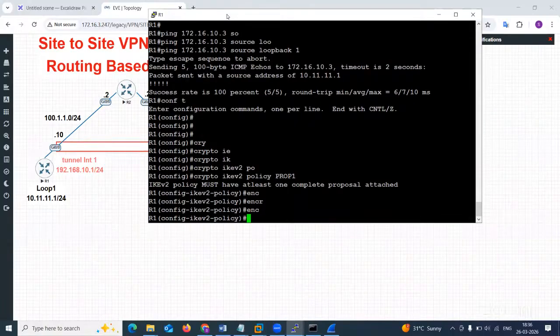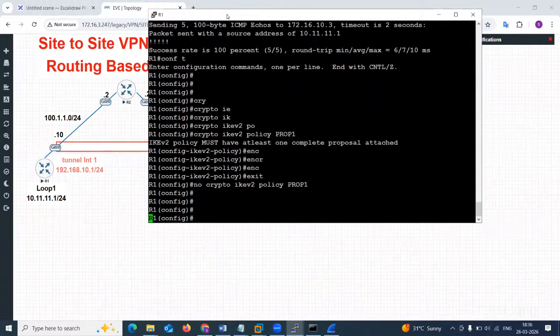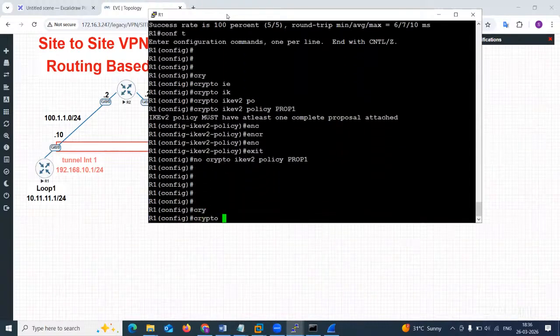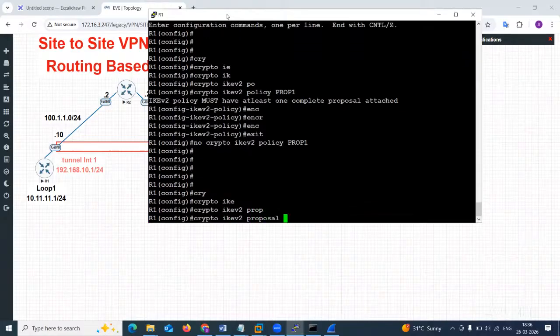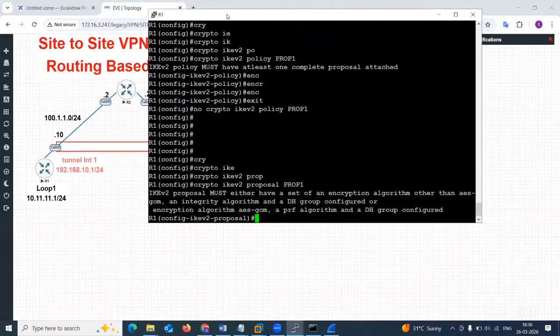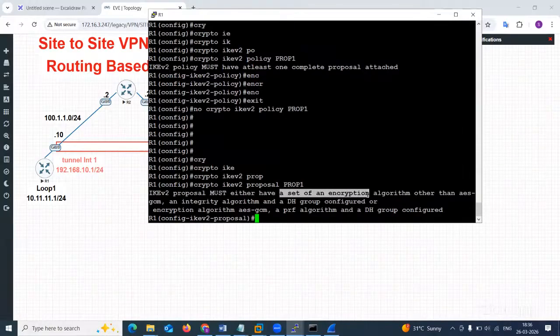Sorry, my bad. Here I need to create a proposal, then I'll go with policy. So first of all, I'll say crypto IKEv2 proposal. I'm creating a proposal and I'll give it the name prop1. Now it says an IKEv2 proposal must either have a set of cryptographic